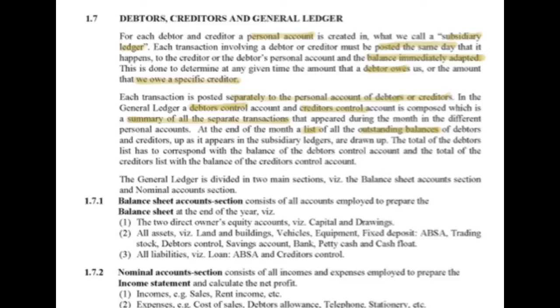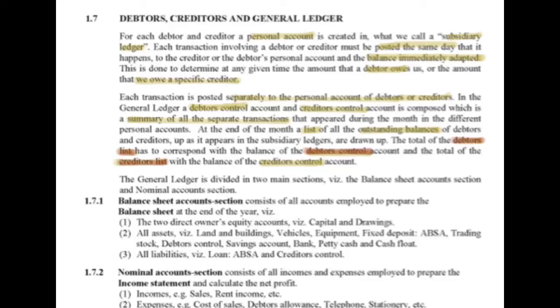And the totals of this debtors list has to correspond with the debtors control account, and the same for the creditors list needs to correspond with the creditors control account. This is actually so important, I'm just going to say it again. The total of the debtors list needs to correspond with the balance of the debtors control, and the total of